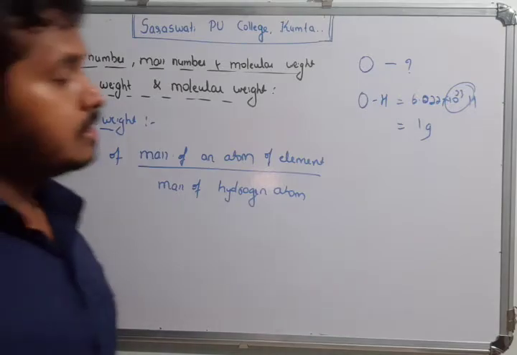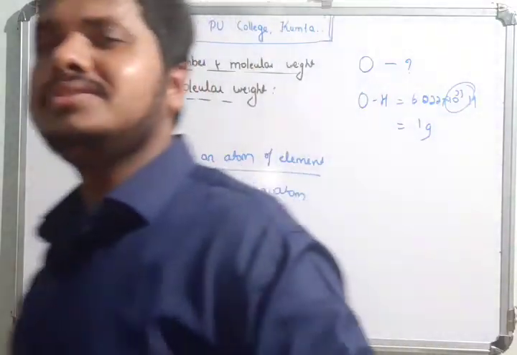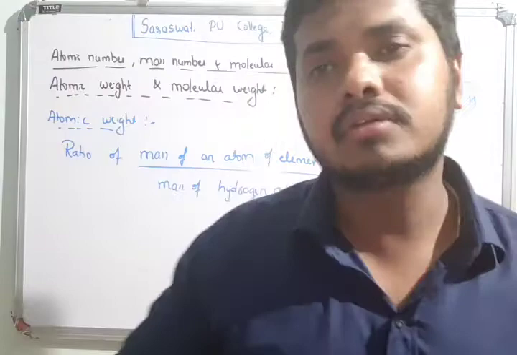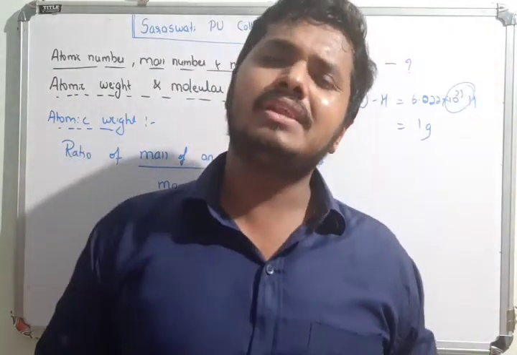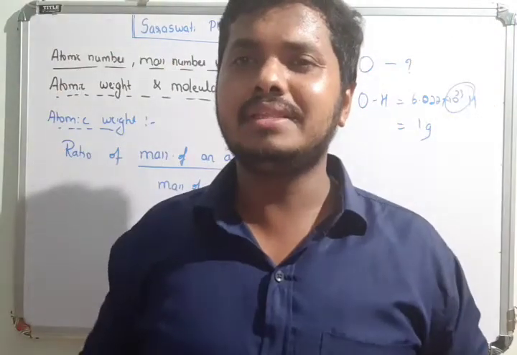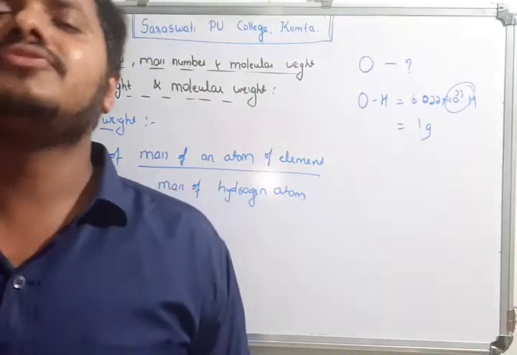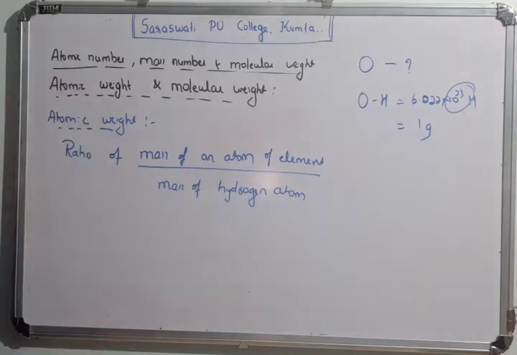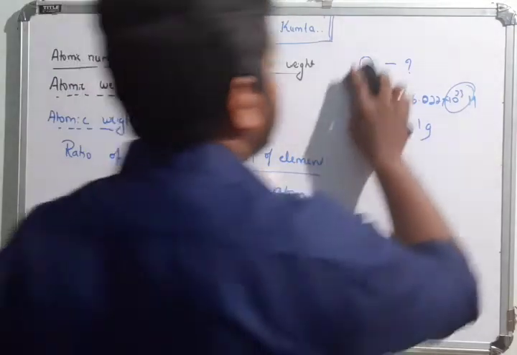Then how to find the weight of one element? It is never easy to find the weight of one atom, so therefore we take the ratio. For example, the mass of one atom of carbon will be very small, in the range of 10 raised to minus 22 or 23. It will be a very difficult task, right? So for that reason, we compare the mass of hydrogen to the mass of the element we have taken, and whatever value we get, we call that the atomic weight. Got it?